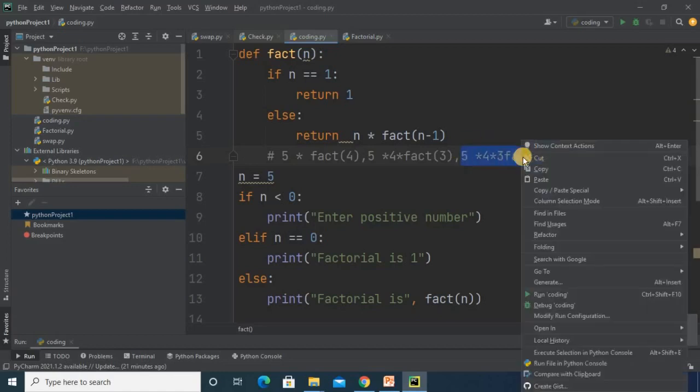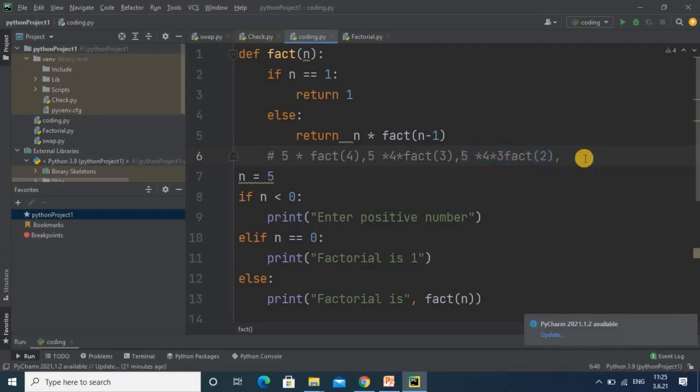Then in the next pass again the same flow goes on. I just copy this, and here it will multiply with n minus 1, meaning 2. So in the next pass it will be like 5 into 4 into 3 into fact of 1, and fact of 1 is 1. Got it? So again I just copy this.